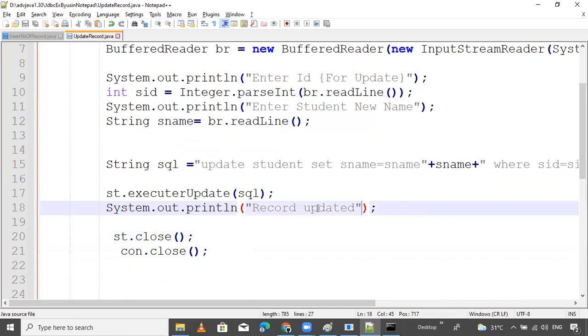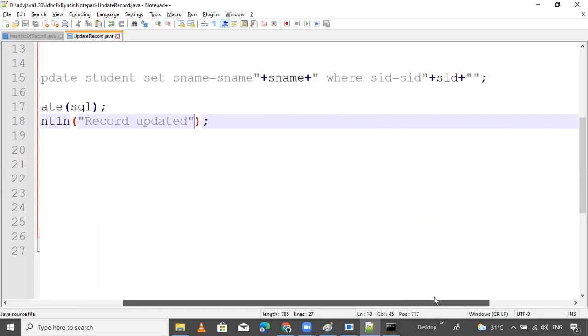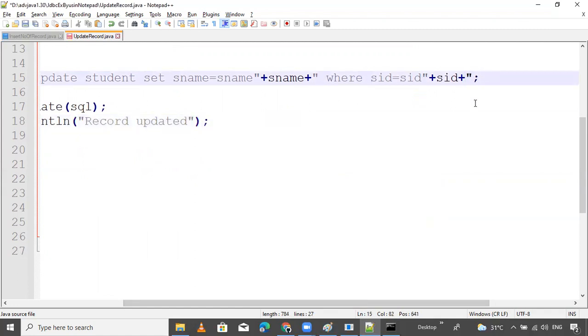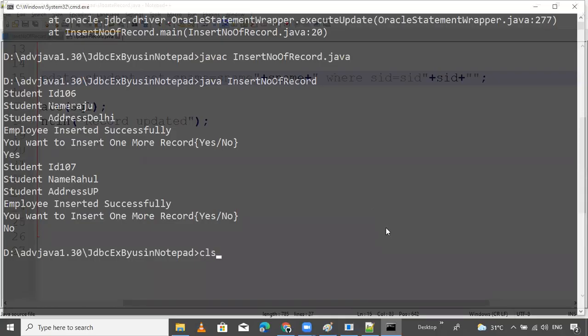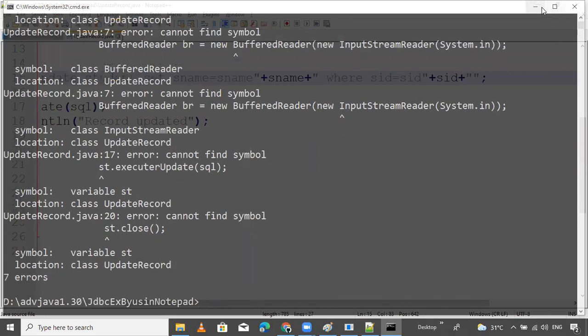First I will check. So now CLS, what is that, update dot java. Why the error?